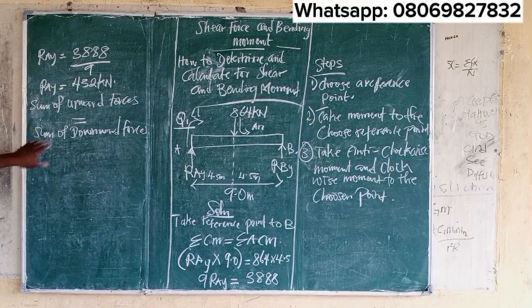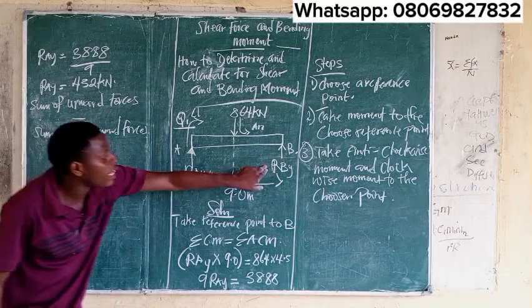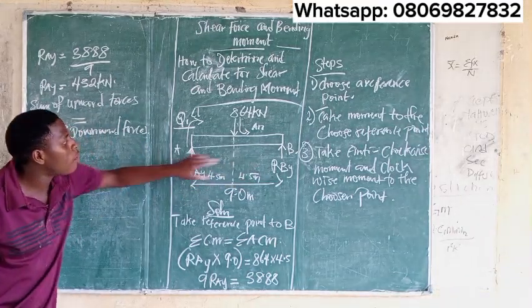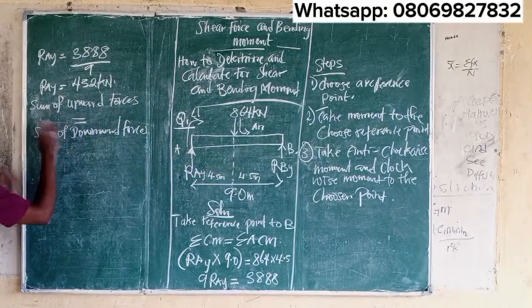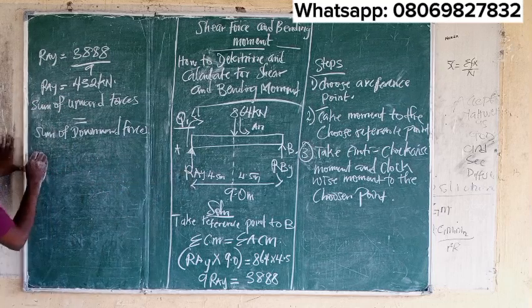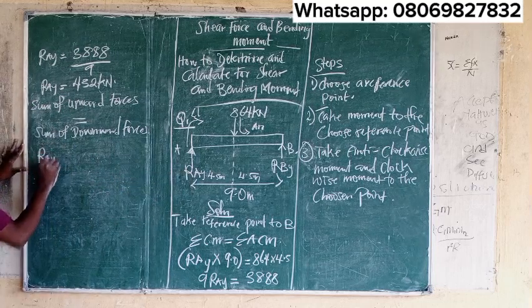Now, what are upward forces? Our upward forces are the two reactive forces. And what is the downward force? The load, the point load. Now, summing the upward force, which is RAY plus